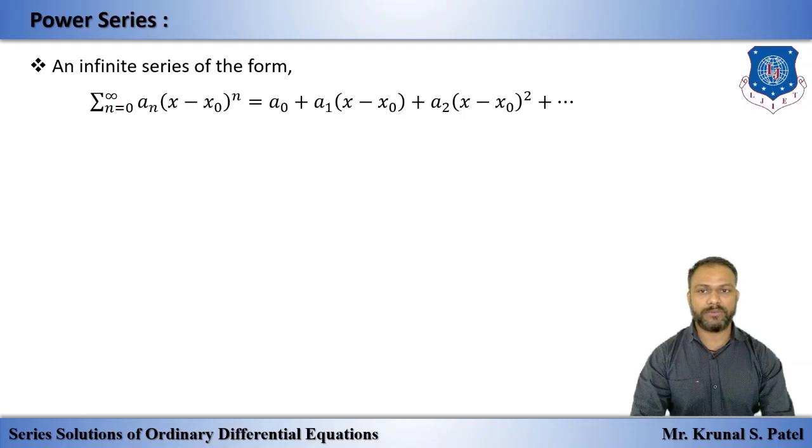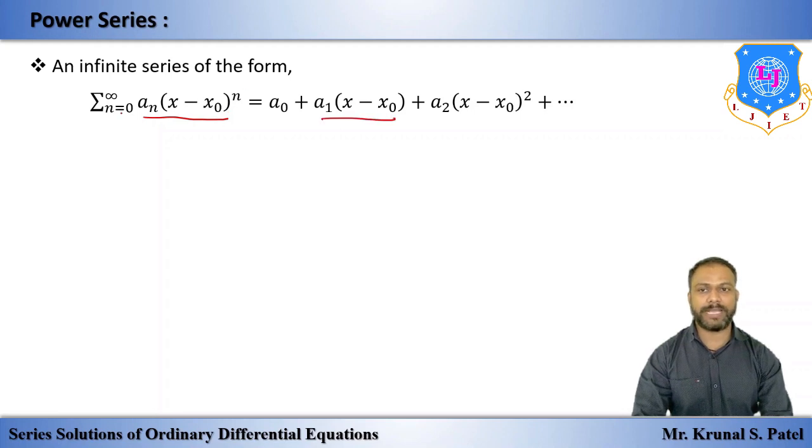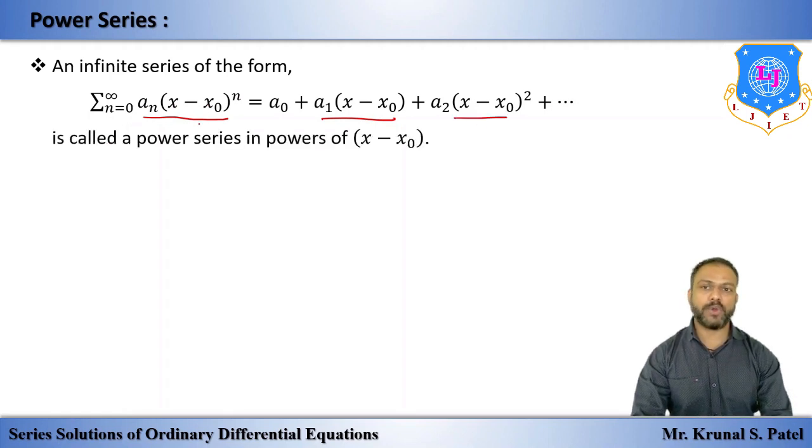Σ from n equals 0 to infinity of a_n (x minus x0) raised to n is equal to, if we put the value n equals 0, we have a0 times this bracket raised to 0, that means 1, plus if we put n equals 1, so a1 (x minus x0) raised to 1, and if we put n equals 2, we have a2 (x minus x0) raised to 2, and so on. This is called a power series in powers of x minus x0,